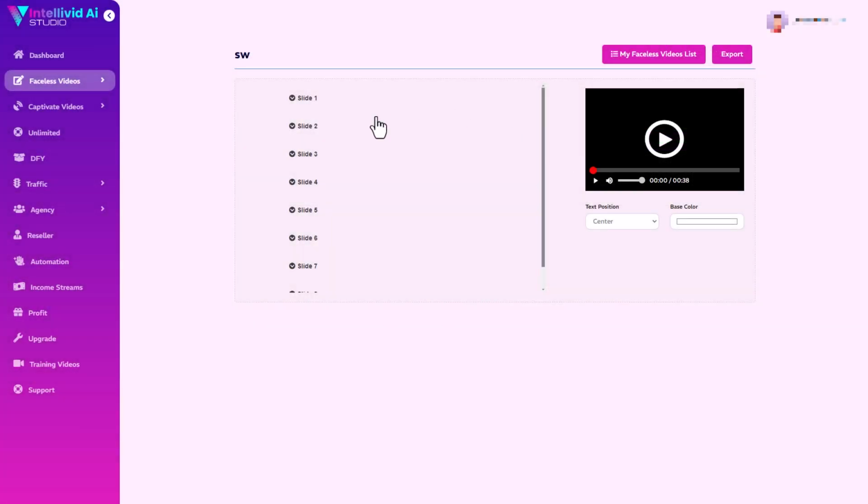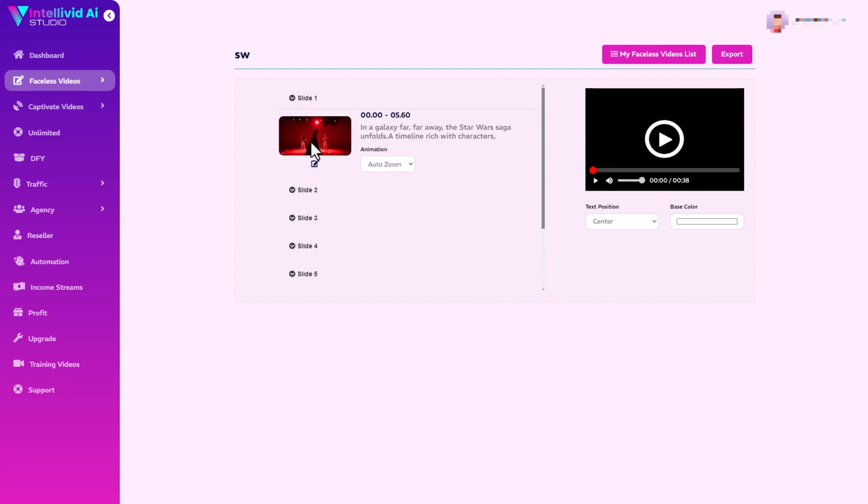So what it's done is it's built slides, and it's built 8 slides. Now, we don't get too much customization in this software. We can look at the slides and we can select if it has auto zoom or it has no animation. I'm going to leave all these on auto zoom. So we can't change this text. This text is fixed, even if there's an error that we want to get rid of. But we can change the picture.